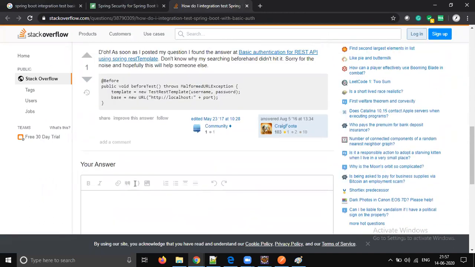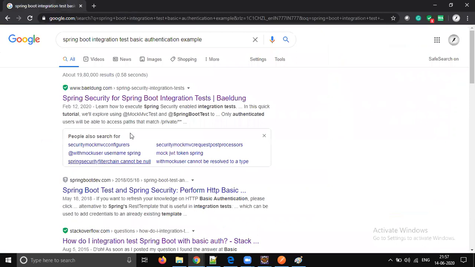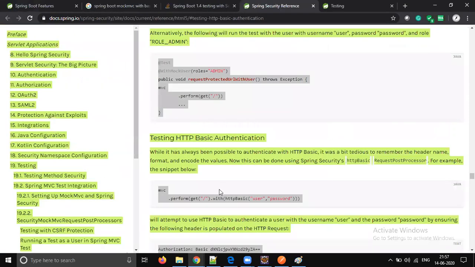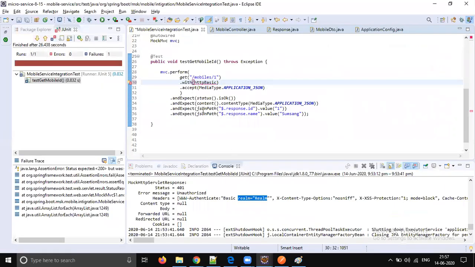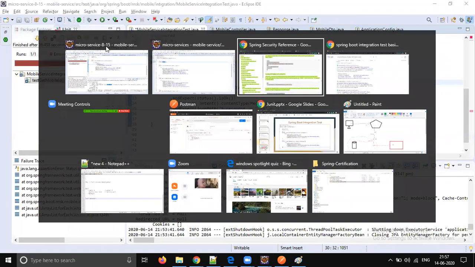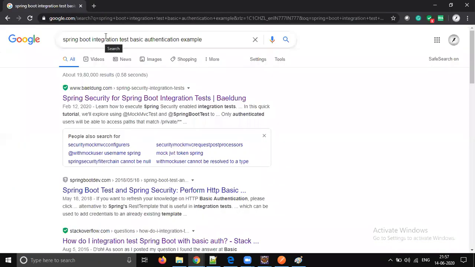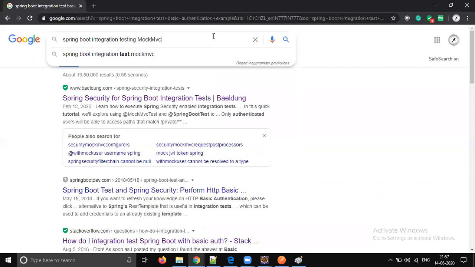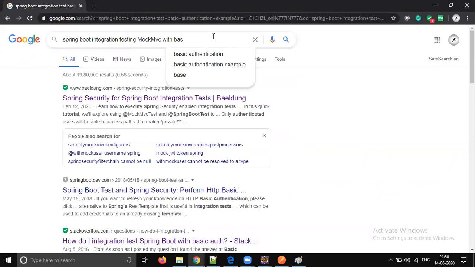No, no. MockMvc. So Spring Boot integration testing, MockMvc with basic authentication.